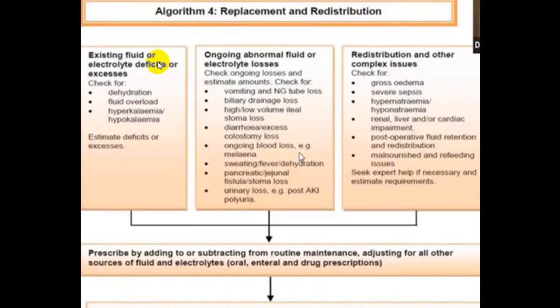And if a person is having ongoing losses, or if he is still having electrolyte imbalance or acid base imbalance, you will have to correct that, and that we call replacement. So ongoing losses you will have to replace, and you will have to keep a watch for redistribution. If a person is developing redistribution at that particular time, you will have to change your mode of treatment, and that is very common in congestive cardiac failure, CKD, liver failure, and don't forget dengue shock syndrome. In this condition, you will have a redistribution.